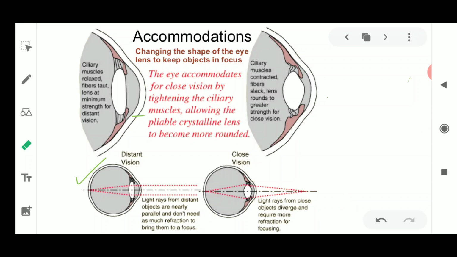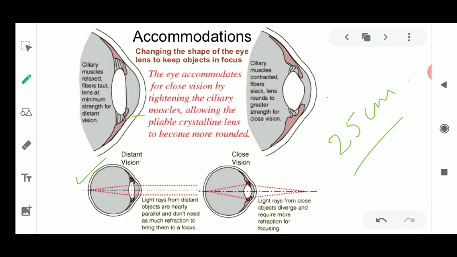So the maximum accommodation of a normal eye is reached when the object is at a distance of how much? It is at a distance of 25 centimeters. So the distance between the eye lens and the object is 25 centimeters. After this, the ciliary muscles cannot make the eye lens bulge more, so all the power of accommodation of the eye has already been used. Why will the lens not thicken more? Because all the power has already been used at the distance of 25 centimeters.